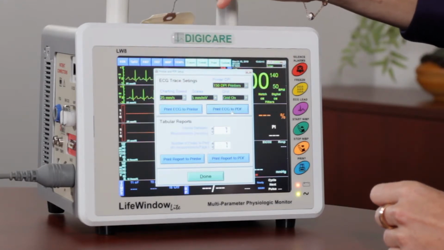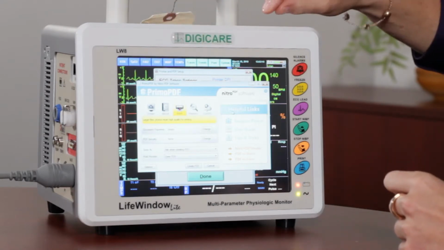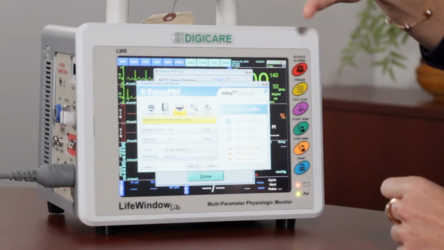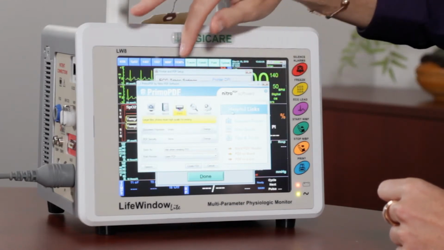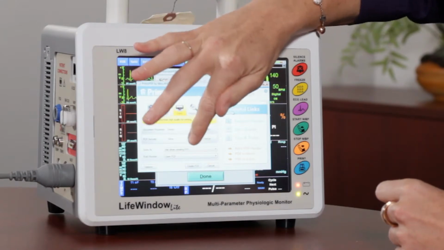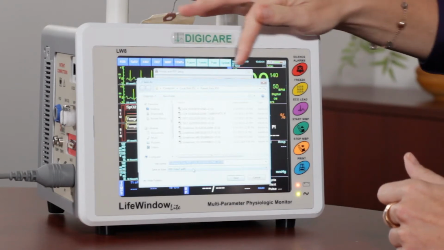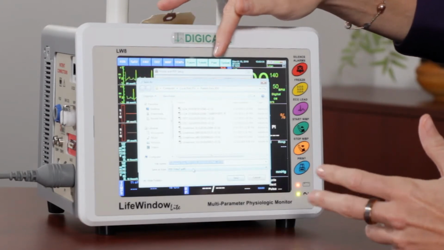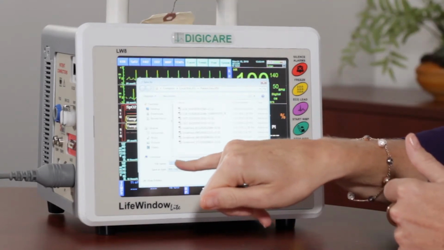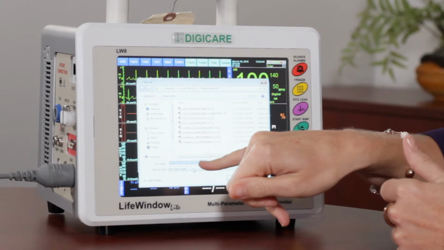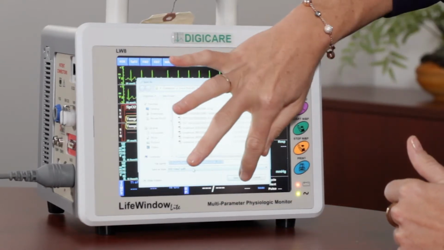You only want to hit that button once and wait for the Primo PDF screen to come up. Now, if this is the first time you're doing an ECG to PDF, the Primo PDF screen does take a little bit longer than what you just saw. So just give it time, it'll come up, and then you just want to hit create PDF. And it's going to bring you to a screen that looks just like a computer. So again, you can save to a network, you can save to a thumb drive, but we're going to be saving locally today. So it's D, patient data, PDF, and again, it saves as the patient's ID and the timestamp, and then ECG. So you hit save,